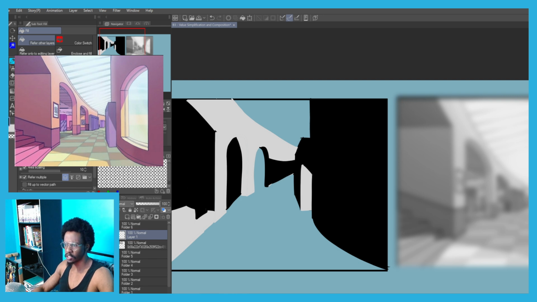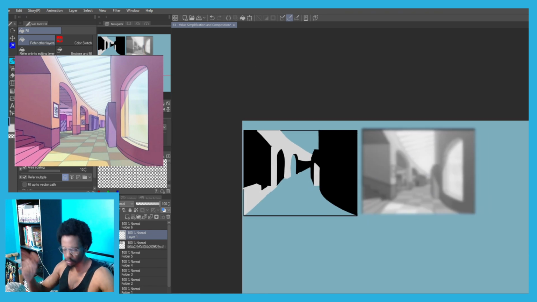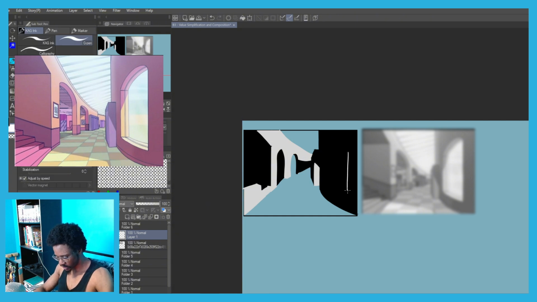I think that's from Totally Spies actually. I remember when I took this reference, it's been on my computer for a while. I haven't used it. I think I was looking for Totally Spies backgrounds. I remember they were pretty